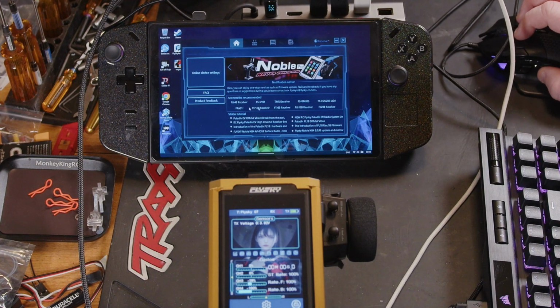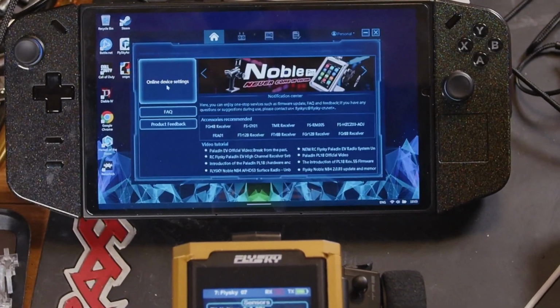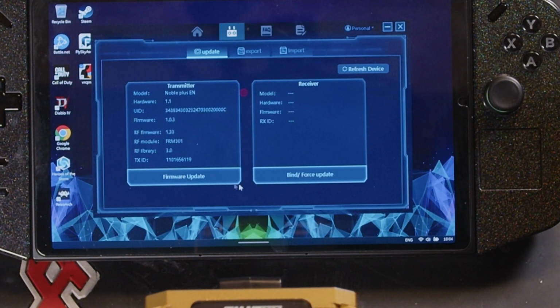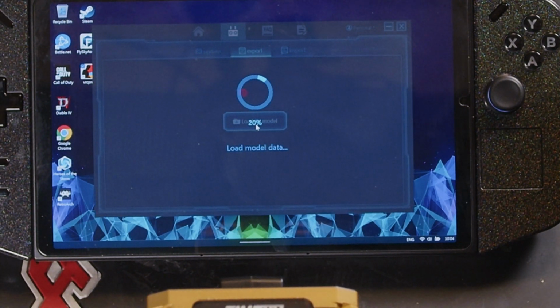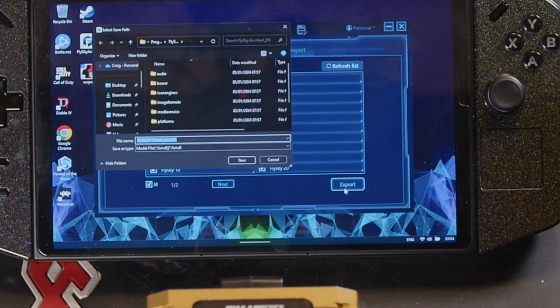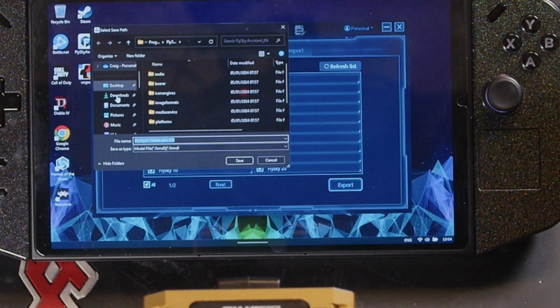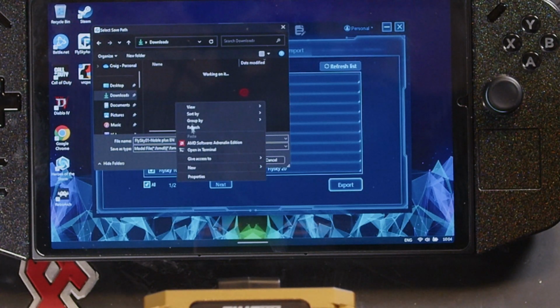So the other use, of course, we've got Flysky Assistant. So we can go into this and do everything that we'd normally do. So if we wanted to, say, back up our model memories, you see the transmitter straight away picks up Assistant. We can select them all. And then just same as we do with anything else, we've got the options of going in, and